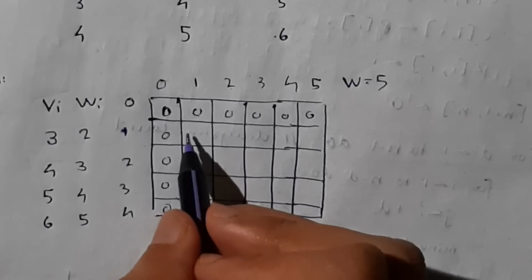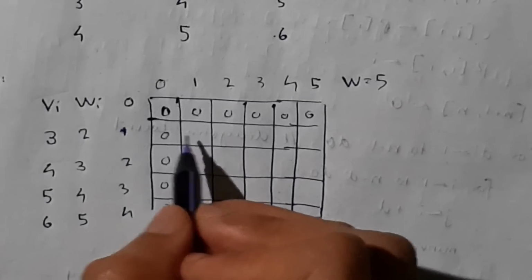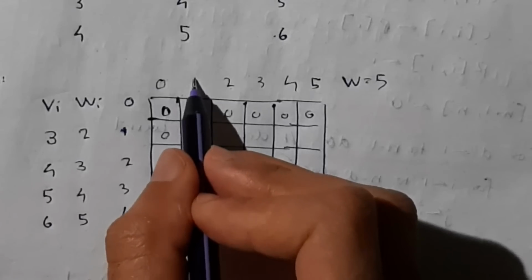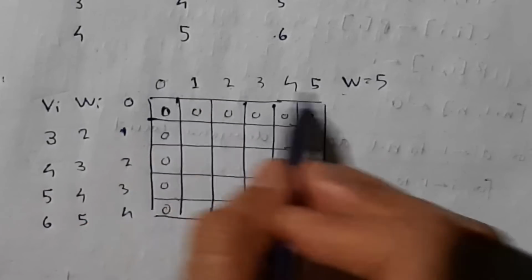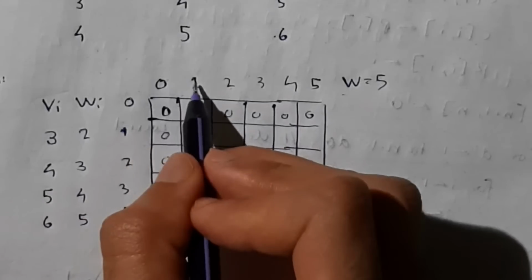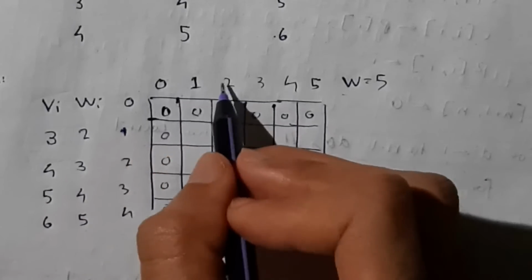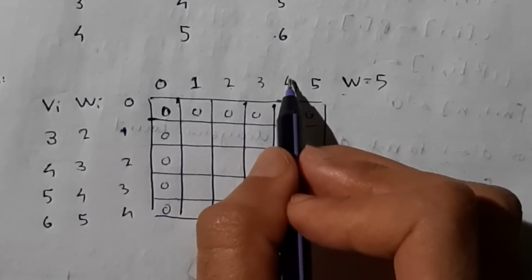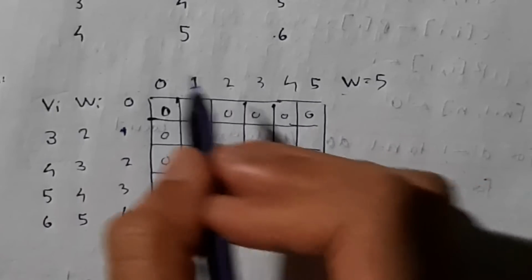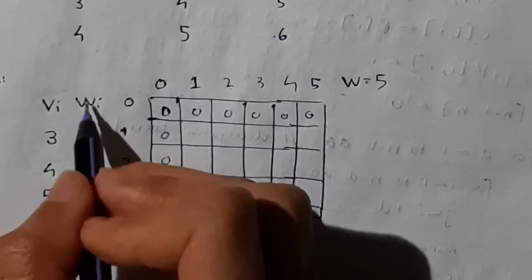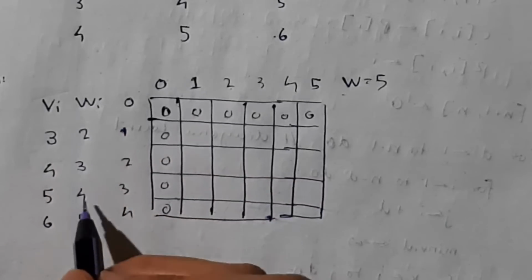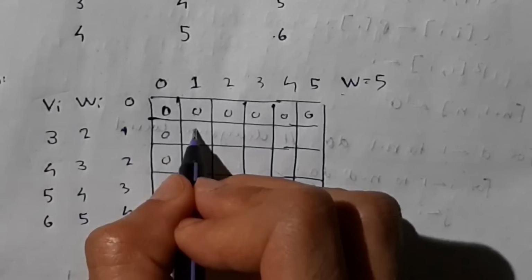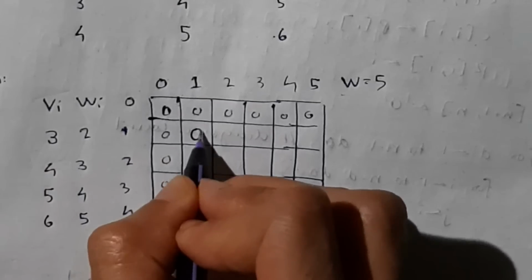Okay, now what we'll be doing is we'll be comparing this with this one. Okay, these are the weights which are given. So suppose that it's the containers containing 0 kilogram, and it can contain 1 kilogram, 2 kilogram, 3 kilogram, 4 kilogram and 5 kilogram. Okay, these are the containers, and these are the weights which are given to us. Consider this as 2 kg of rice, 3 kg of rice, 4 kg and 5 kg of rice. Whenever it doesn't happen, we'll fill with 0.